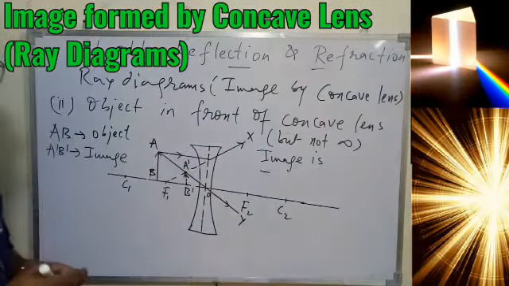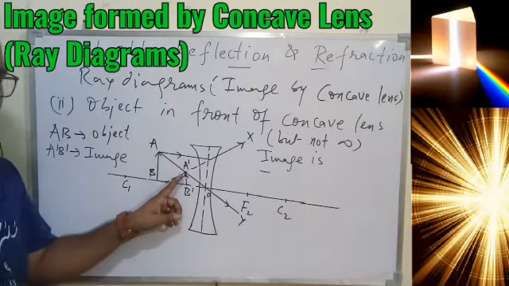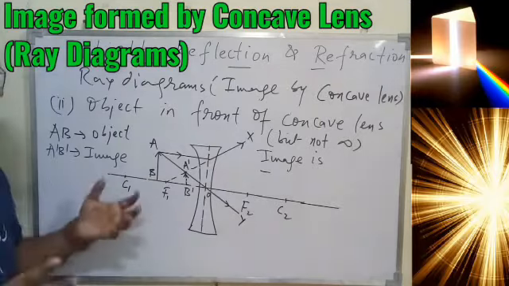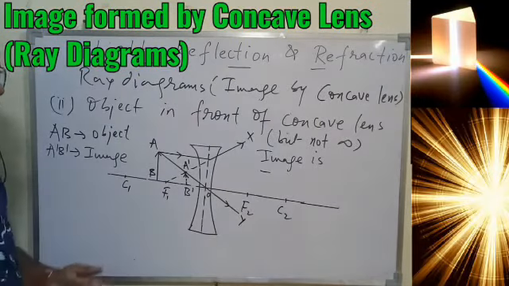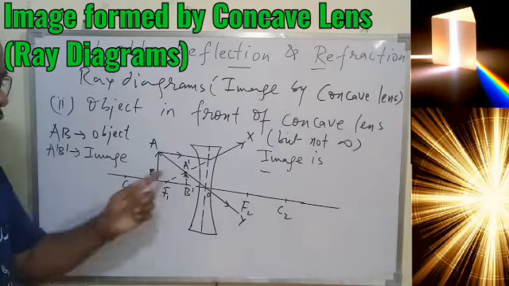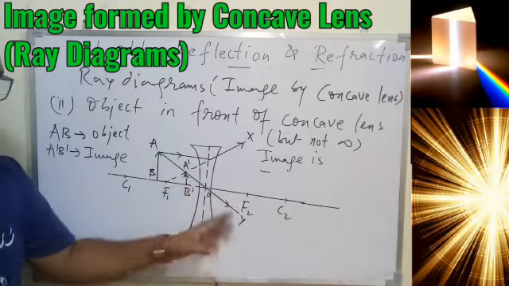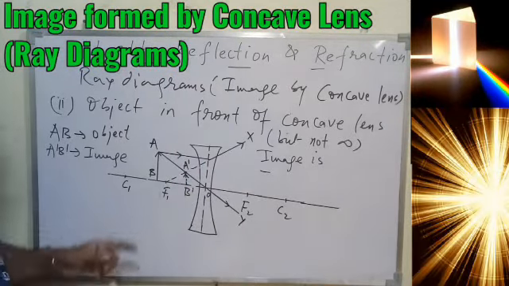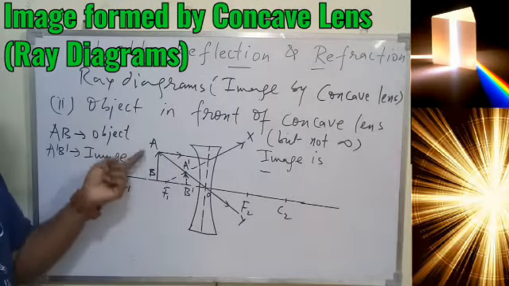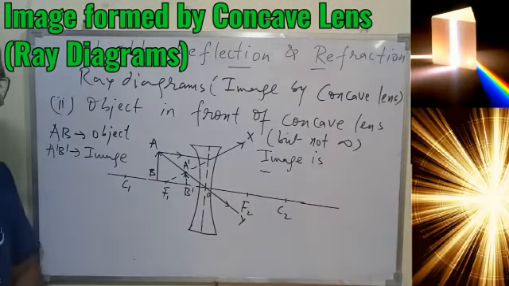so I'm repeating again, even if out of two rays one ray is really passing through a point, but the other seems to pass through it but it's not passing, in that case also the image will be virtual, because for a real image the rays must converge, must meet at a point. That is not happening here. So see, they are diverging from each other, X and Y, you can see clearly. So it seems they are diverging from this point A prime, and A prime is the image of A, and B prime will be the image of B, that is on the principal axis.